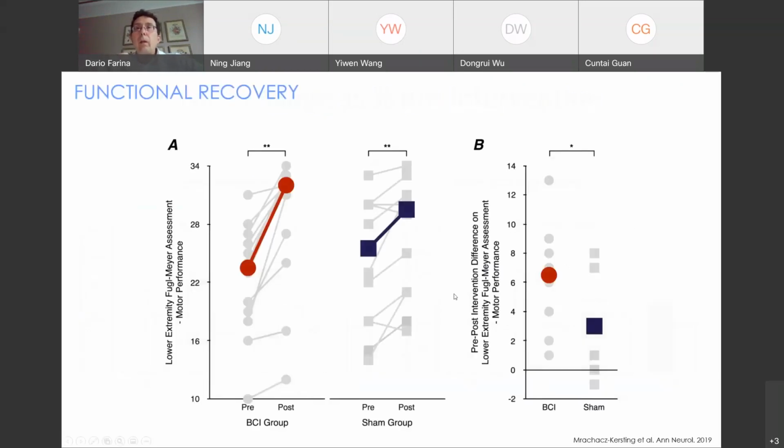Interestingly, from the clinical translation, we're looking at the Fugl-Meyer assessment for the lower limb. For the two groups, these are subacute patients, both groups increase, but the intervention group increased significantly more. So we had a better functional recovery in this group. And the interesting aspect here is that these interventions are rather short. They are interventions, as I've shown before, that have between 20 and 50 paired events, motor and sensory feedback. So they are very short interventions done over 4 weeks.